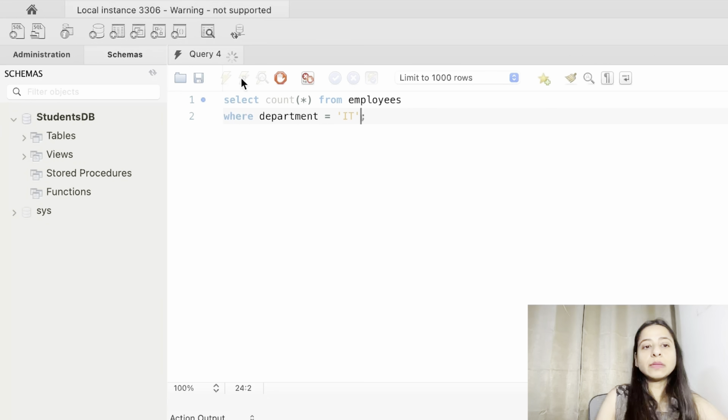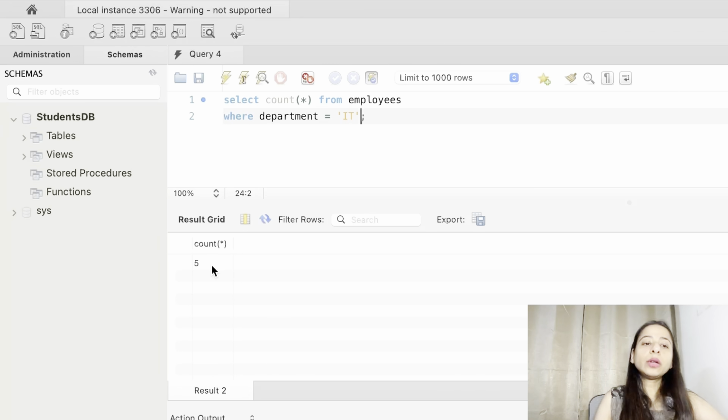Now run this, and we got 5 records from the employees table of employees who are working in the IT department. So this is helpful in determining the number of rows or records in any table.